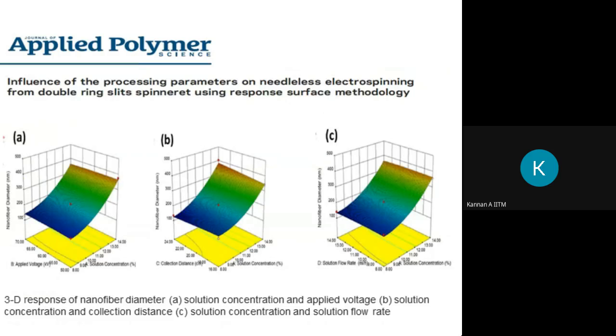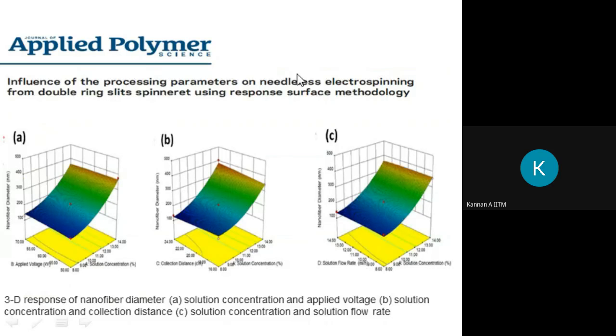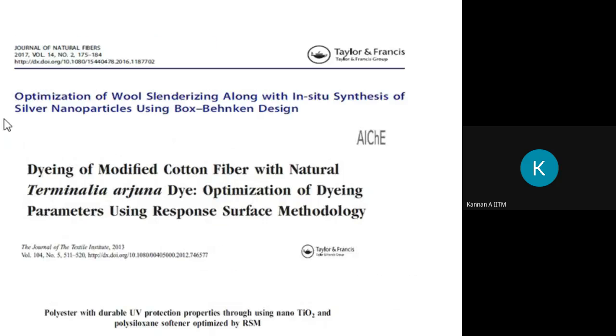So you can see some of the responses which they had predicted using the design of experiments. They were trying to optimize the processing parameters on needleless electrospinning. Okay, maybe the textile practitioner will understand more of these terminologies, but they were using it in textile manufacture. And then you can see that optimization of wool slenderizing along with in situ synthesis of silver nanoparticles using